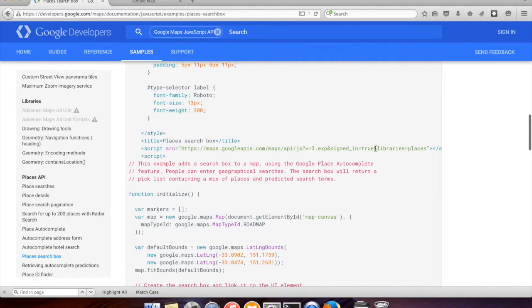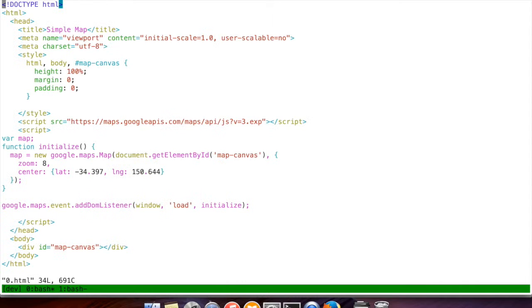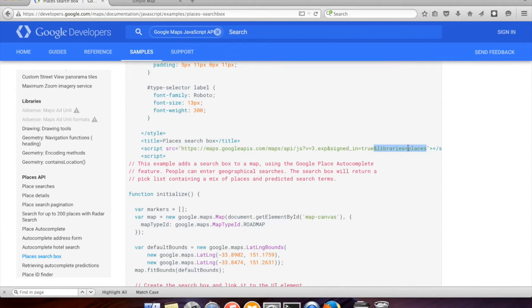miss, and that is that we need to augment our script, and the script tag which grabs the Google Maps API, downloads it. We have to add a parameter to say we want the places library, because it doesn't download everything by default. So grab that, and